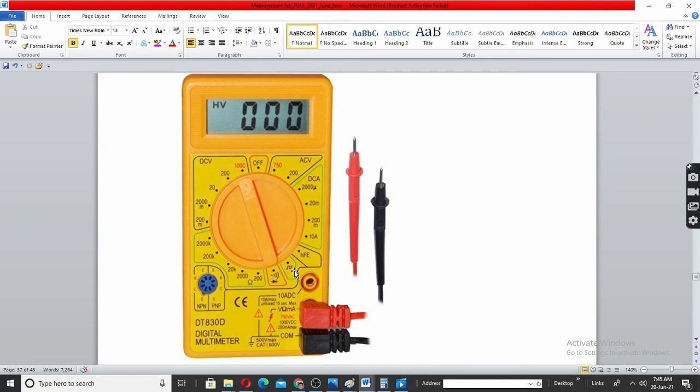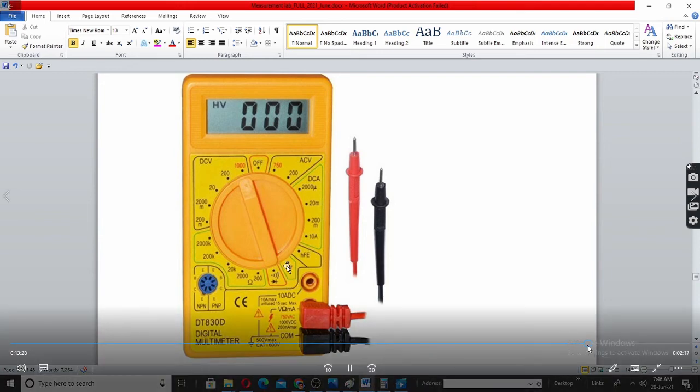This one, I forgot what it is. Anyhow, hFE is not required for this lab, but you should know. This one pulse I have forgotten now. Not important for the measurement lab. In case there is time, we will see in the last extra classes.